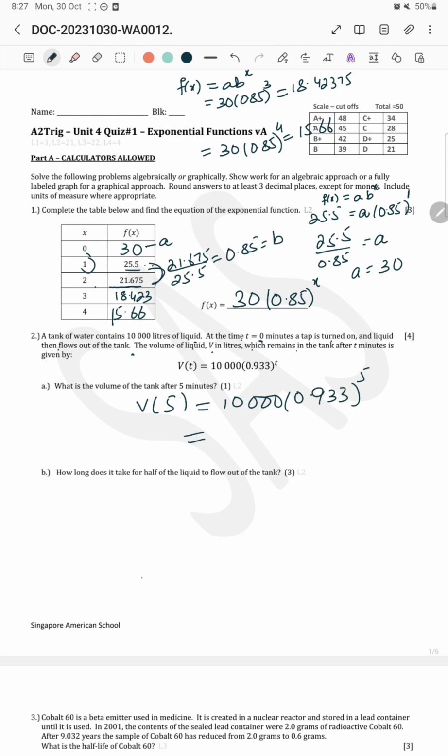And solve it out. 0.933 to the power 5 multiplied by 10,000 is 7081.191 liters. How long does it take for half of the liquid to flow out of the tank? So how long means you need to calculate time, and half of the liquid means half of the total liquid that was 10,000, half means